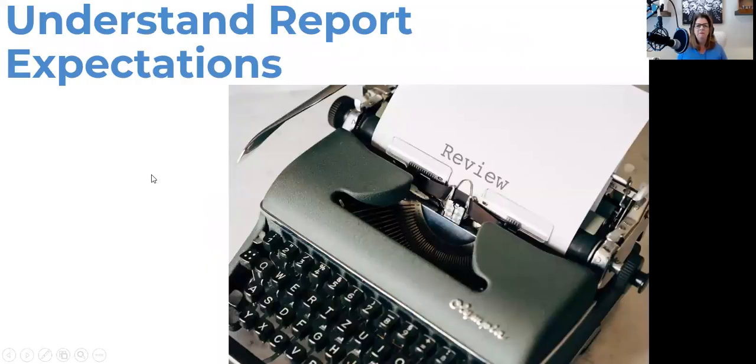And then understand report expectations. And you might be asking yourself, well, what the heck does that have to do with scope creep? Well, I have been on a team with a colleague, and I was not the lead, she was the lead, but we went into a lot of cost overruns over the report. I'm still to this day not quite sure what they were expecting, but on the front end, I try to have a conversation about reporting.